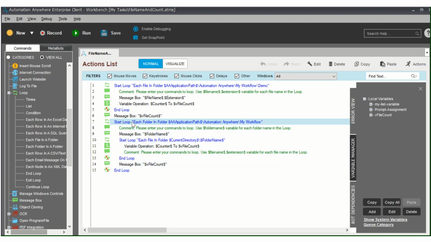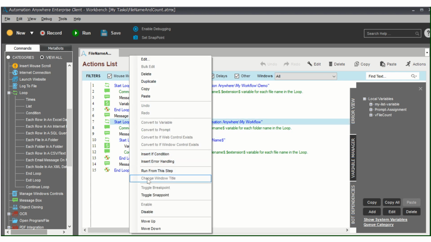It will start a loop inside this folder. So it is having multiple folders. First it will print the first folder name, then it will go inside that folder and fetch the count, then it will end the loop and give me the count of the first folder, so the number of files inside that folder. Then it will go again here, then to folder 2, and fetch me the number of files inside that folder.